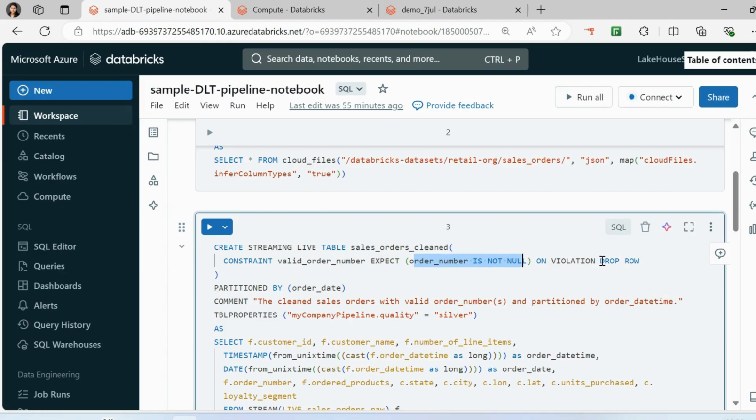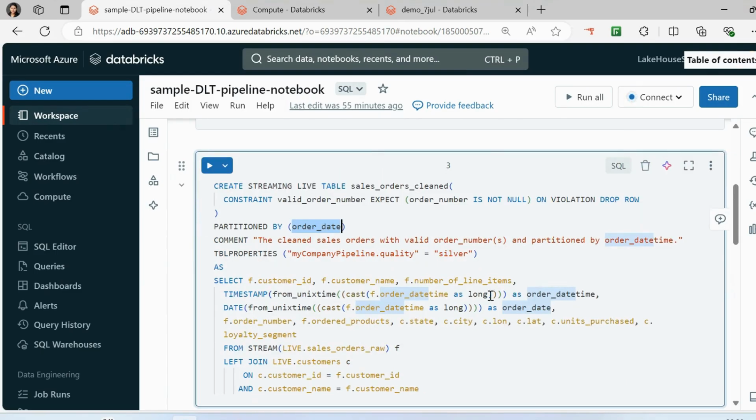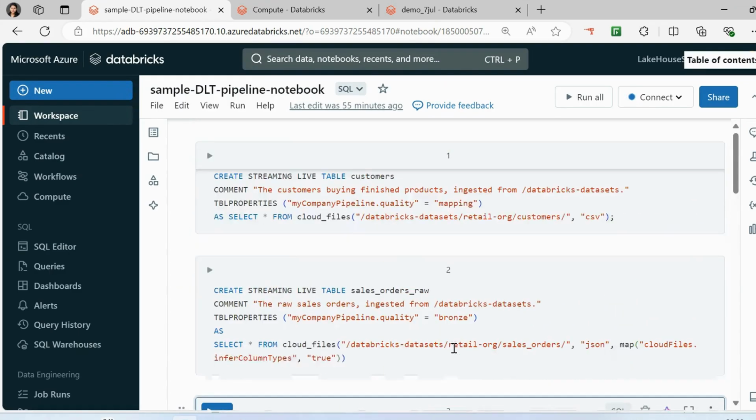On violation, I am dropping the row, and I'm having this particular table partitioned by order date. I am doing some transformation to get my order date time and my order date with some other columns, and joining it with my sales order raw and my customer table. When you are reading a live table, you need to use the keyword live, and then it can read your live table.